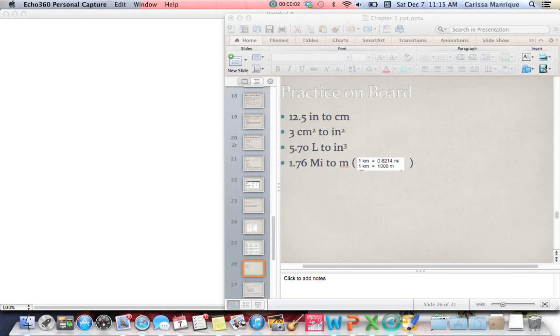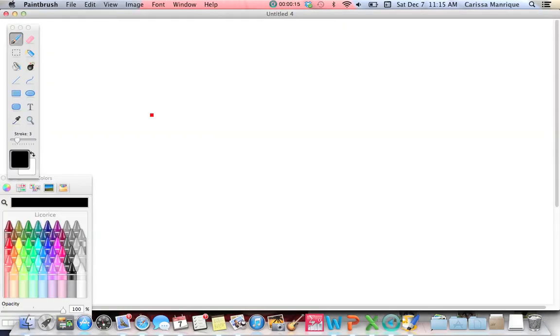Okay, let's work these out. So our first one here, 12.5 inches to centimeters. Okay, let me come over here. 12.5 inches, and we want to go to centimeters. Okay, now if we look at the conversion,